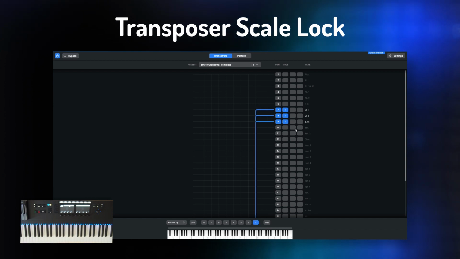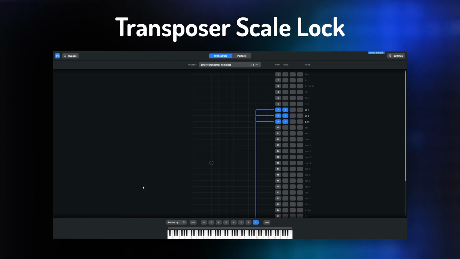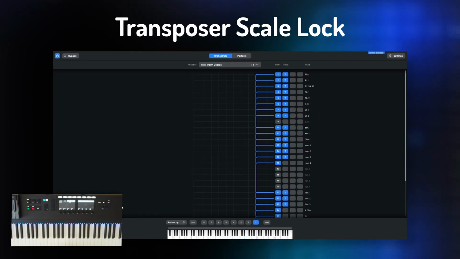I can't even begin to tell you how powerful this is with a well-balanced template. Here's a simple example playing only one note at a time on the keyboard.